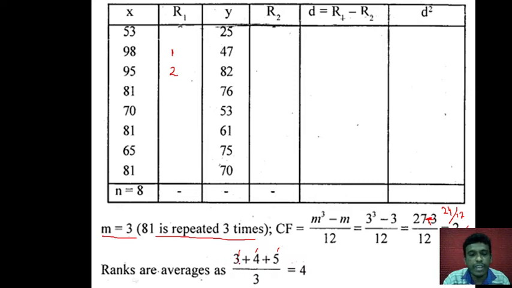So what we are doing is we are adding their ranks: third rank, fourth rank, fifth rank. 3 plus 4 plus 5. At which places were they tied? 3, 4 and 5. So 3 plus 4 plus 5 divided by how many people are tied? 3. We are finding the average. Average is the total of all divided by the count. So just total all those ranks: third, fourth, fifth. That is where the tie exists, and the next rank we are giving is 6th.